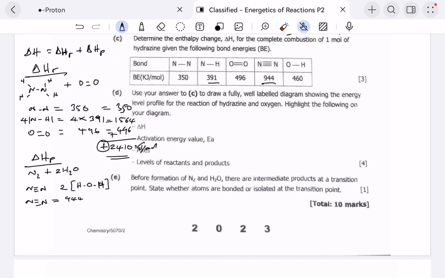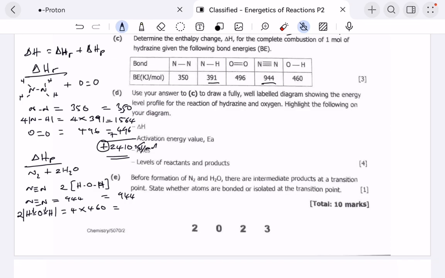Then the H-O bond, remember these are 2, but again we have 2 of those bonds inside, so we can just say 4 multiplied by 460. So 944,